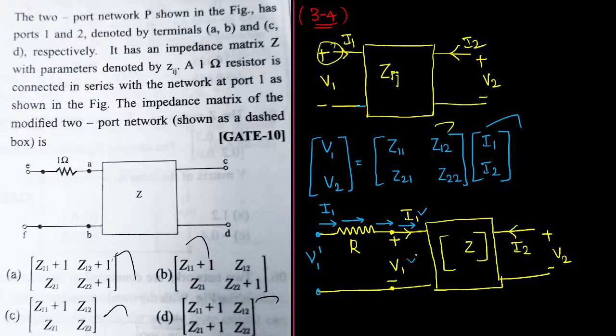Existing input voltage வந்து V1. இதுக்கு முன்னாடி நம்ம ஸ்டார்ட் பண்ணது இங்க இருந்து ஸ்டார்ட் பண்ணோம், but now you have to start the circuit from here. Yes or no? This is your complete two port network now. அப்ப இங்க இருந்து ஸ்டார்ட் பண்ணோம் அப்படின்னா அப்ப V1 dash நீங்க எப்படி எழுதுவீங்க? V1 dash can be expressed as